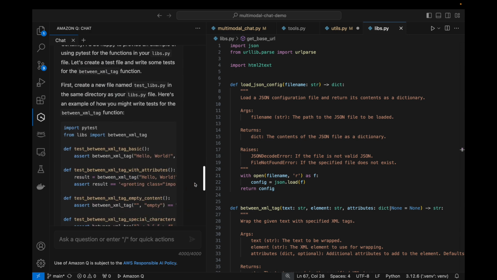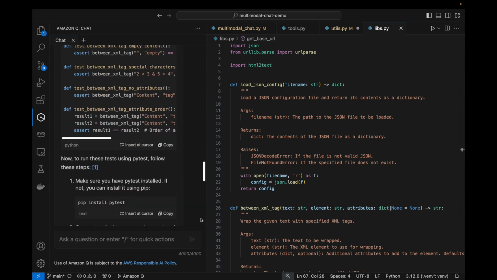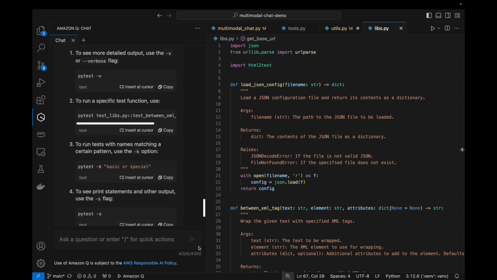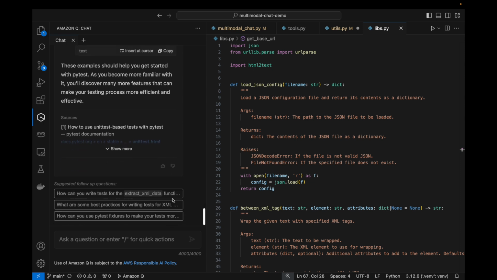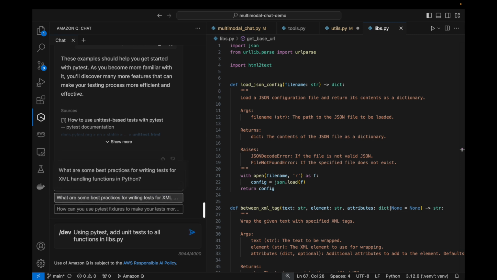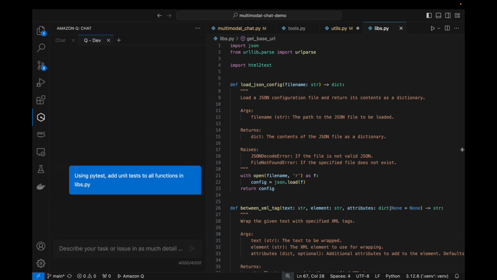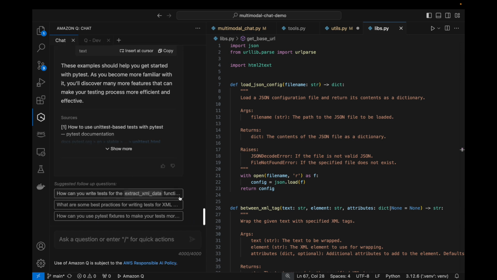I should import PyTest. The installation was mentioned before. And there's a lot of information on how to run the test using PyTest. Actually, that would work strangely here because I have a virtual environment. So I use the developer agent to ask to, using PyTest, add the unit test to all the functions in